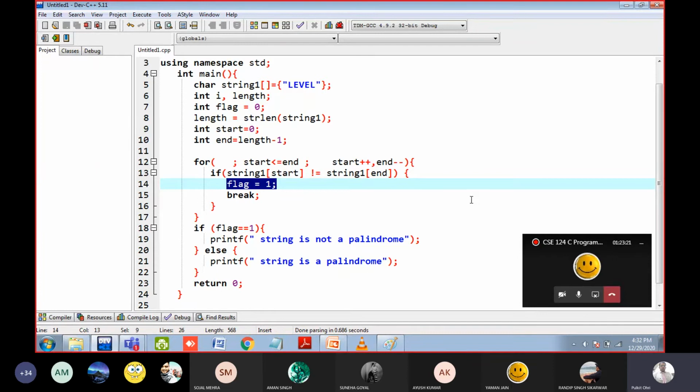Take a pen and paper, okay? And take the level as the string. Store it inside the array, write the locations and execute it. Then you will understand. This is called dry run of the code, you are doing the running by yourself.